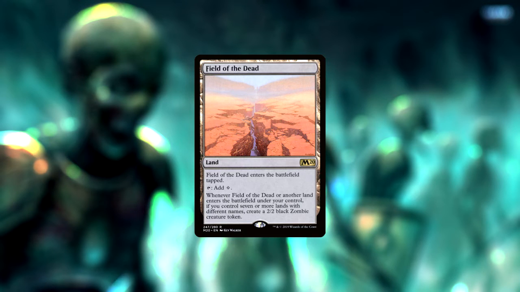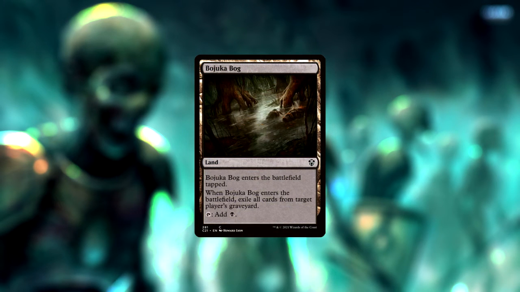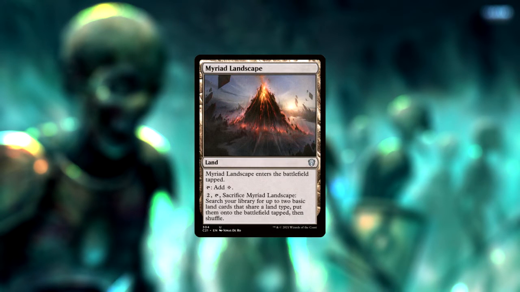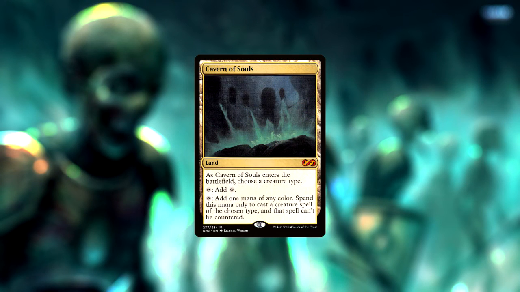For this reason, we have Command Tower, Exotic Orchard, Path of Ancestry, Mortuary Mire, and Bachuka Bog, all as colored sources of mana that add to our different name count. Terramorphic Expanse, Myriad Landscape, and Evolving Wilds are all also here, hopefully helping us trigger Field multiple times. Unclaimed Territory is a colorless source that can tap for a colored mana if we cast creature spells of a chosen type, while Cavern of Souls acts similarly, though it comes with the added benefit of making those creature spells